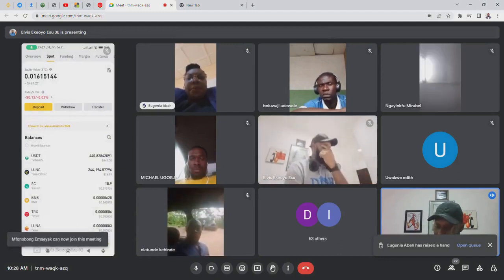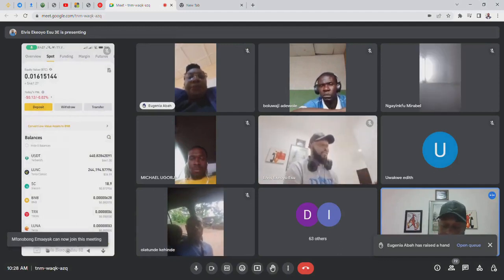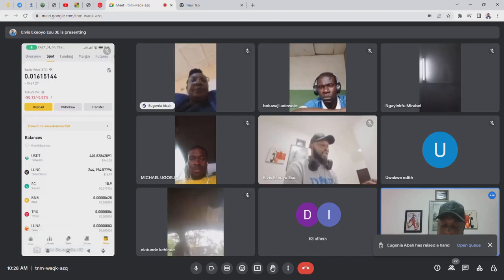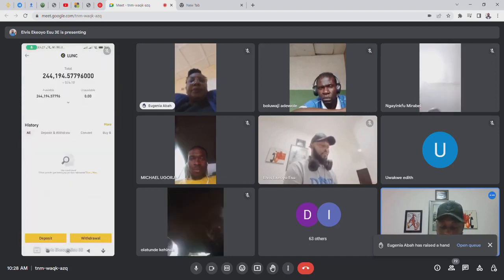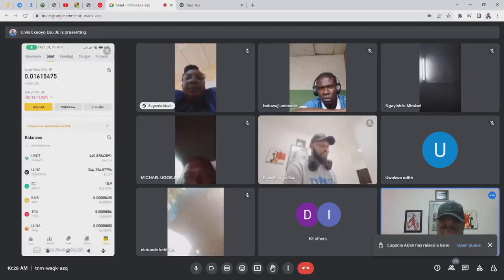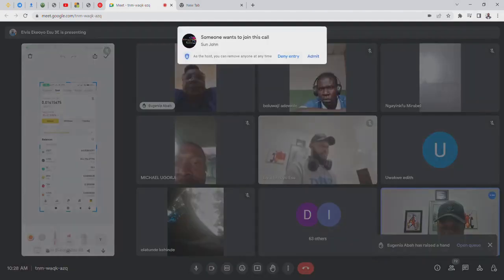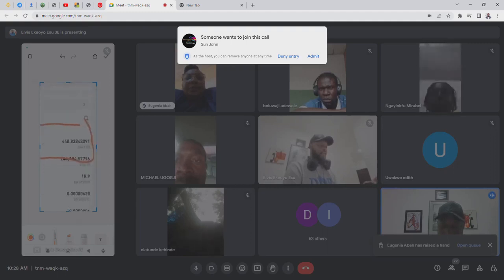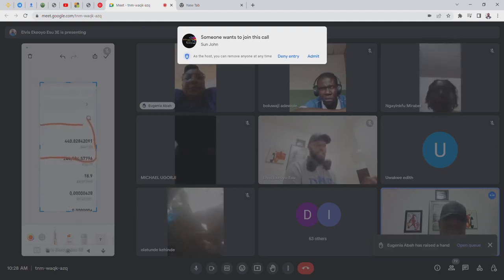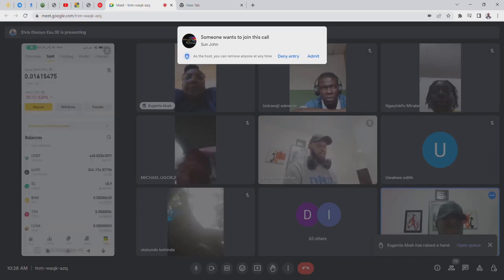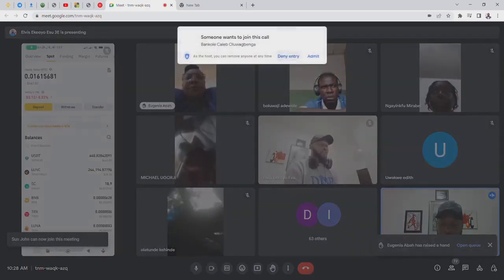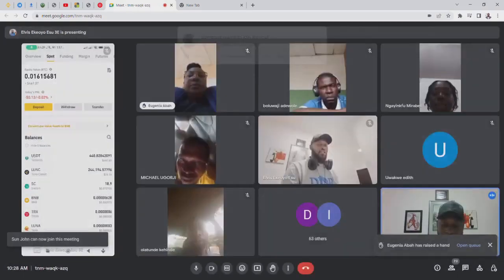You can see 467, okay, or 440. You can see that 440 USDT. So I'm going to click on transfer at the top,